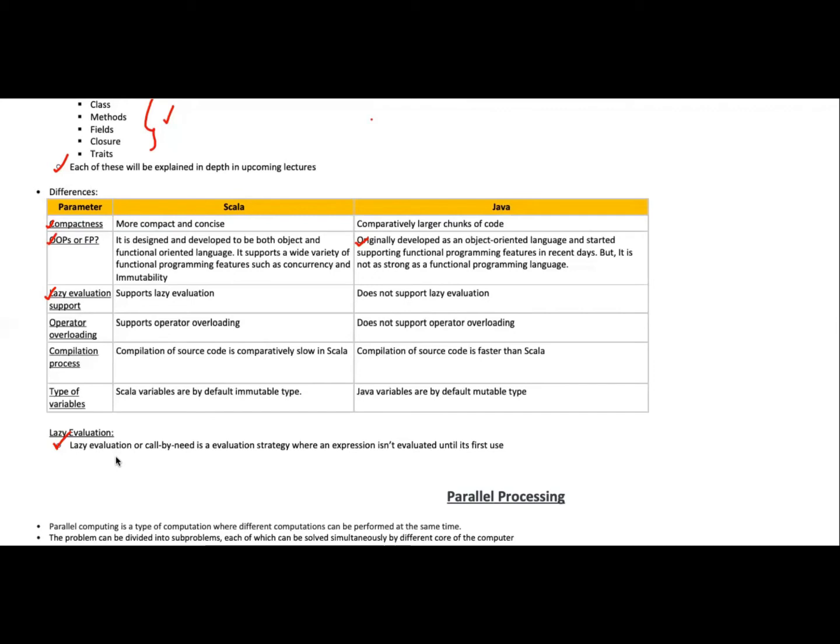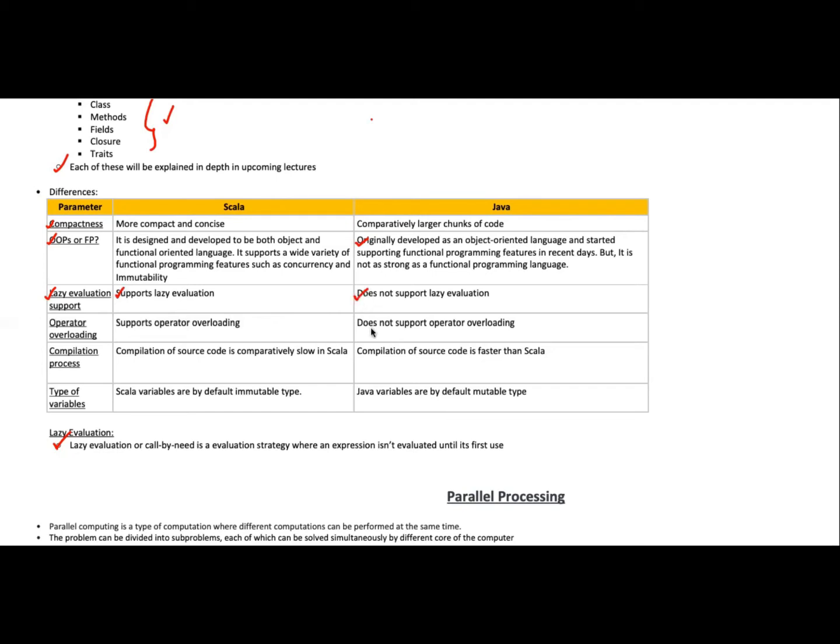Lazy evaluation, or call by need, is the evaluation strategy where an expression is not evaluated until it is first used. Until the first use of the expression comes into the picture, it will not be evaluated in advance.